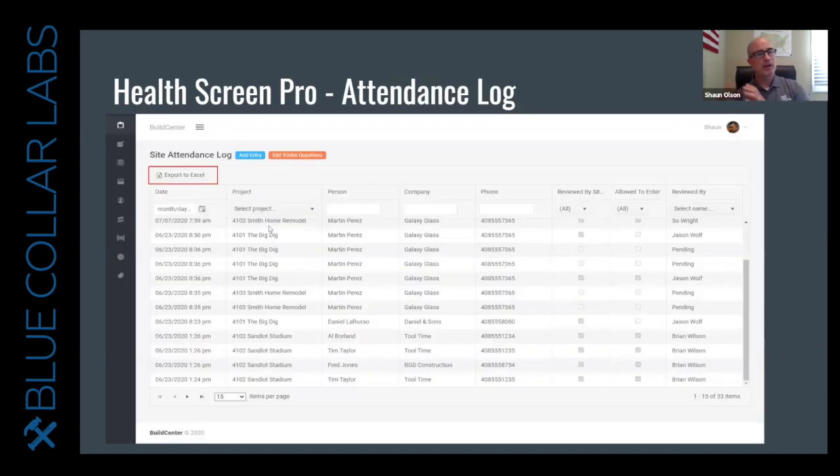So now that you've screened all these workers, whether the supervisors are using the app or the workers are self-screening, all this information is going into the system and being collected into an attendance log. The screen I'm showing you now is the attendance log using just a web interface. You log in to your BuildCenter account and you'll be able to see your attendance log. Once you have your log, you can sort by project and by date. It's very easy to say, I want to know everyone who's working on this job on this date,